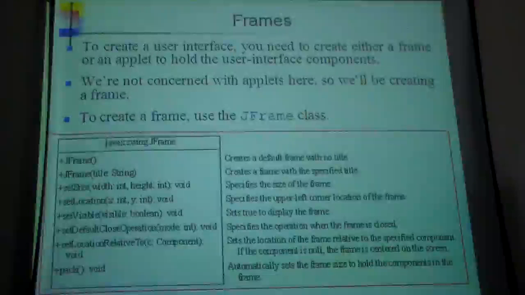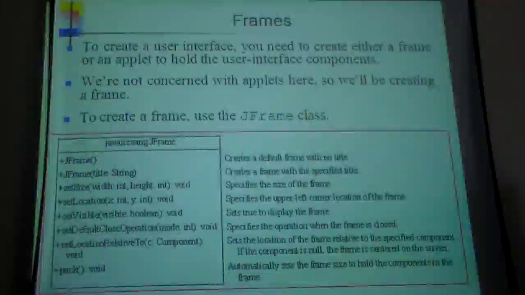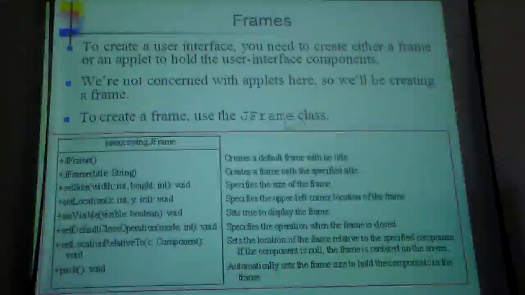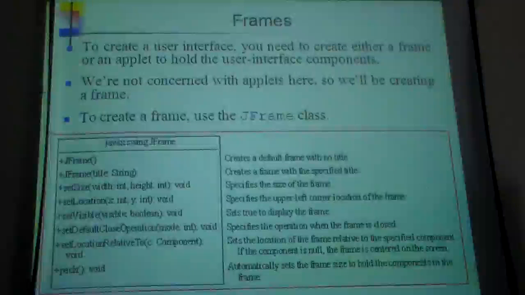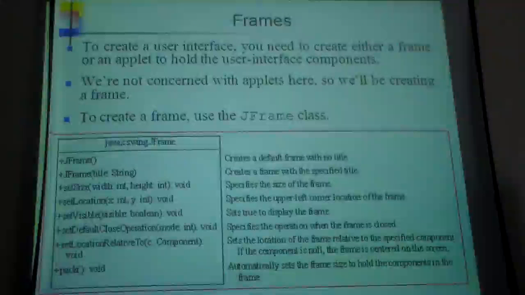So to create a frame, use the Frame class. This is a class, and what we know is that any class has some